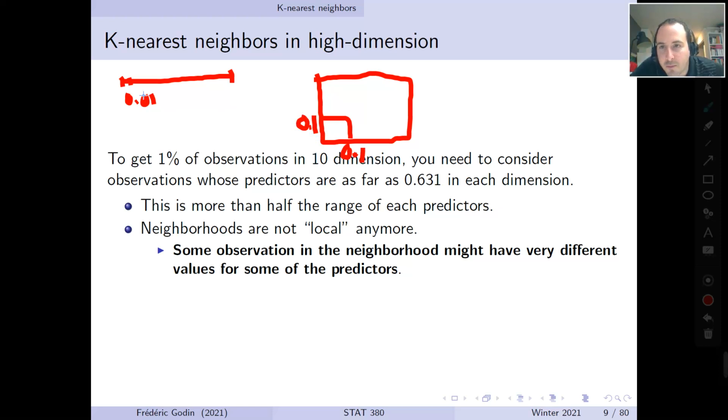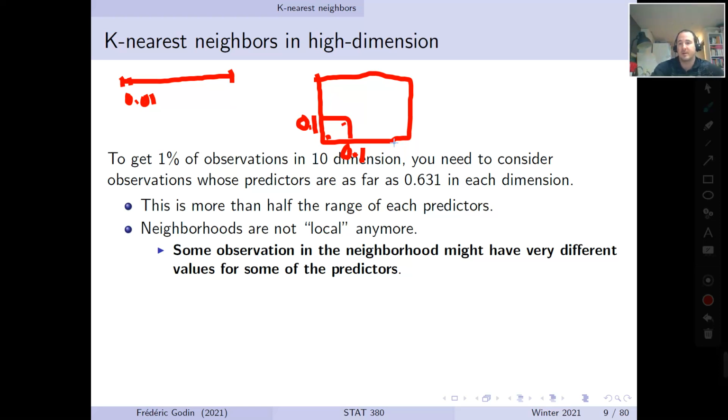So here, to get 1% of the volume in 1 dimension, the predictors must be very close to each other. But if you consider an area covering 1% of the total volume of the predictor space, you might have 2 observations here and here, and their predictors might not be 0.01 apart, but 0.1. And if you're in 10 dimensions, then the edge length covers more than half, so it's 0.63 over 1. So many predictors might be 0.63 apart, and you would still cover exactly 1% of the